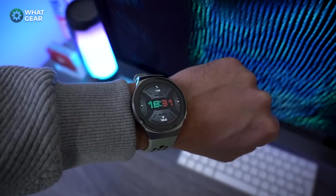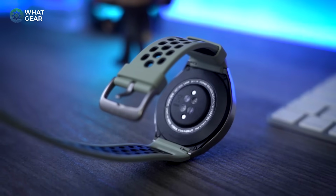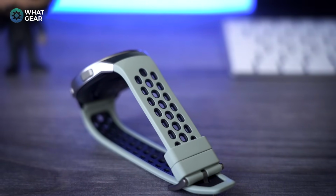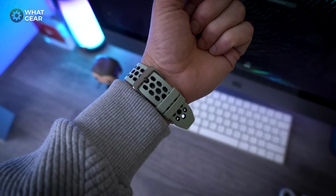The GT2e watch comes in 4 different color variants: graphite black, icy white, mint green and lava red. The color difference only really applies to the newly redesigned fluoro rubber TPU wrist straps. As you can see, it's got a 2-tone color scheme going on, which gives it a really nice contrasting look. And the perforations on the wristband should make it more breathable, which is ideal because this is primarily